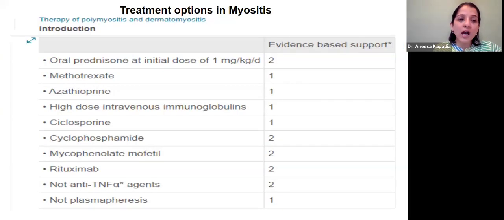So in our treatment armamentarium, we have lots of options these days, but how to use them and what is the evidence for their treatment still remains a difficult thought process. We have all these options and the evidence for all of them has been given. This being a rare disease, there are not as many trials and not as much evidence out there. So many a times we do have to take an individualized patient-specific approach and take decisions depending on our individual patient